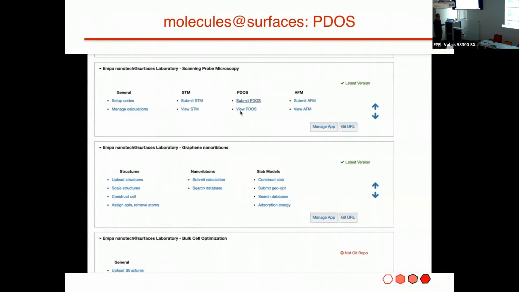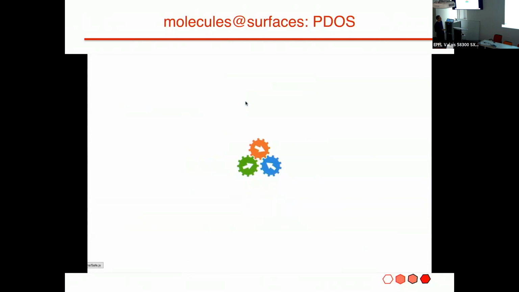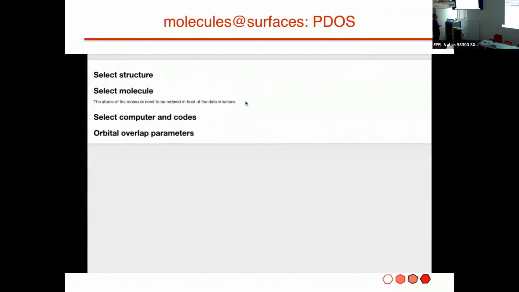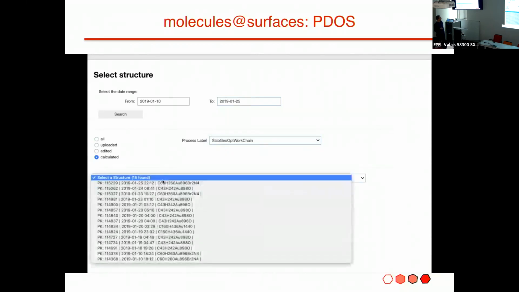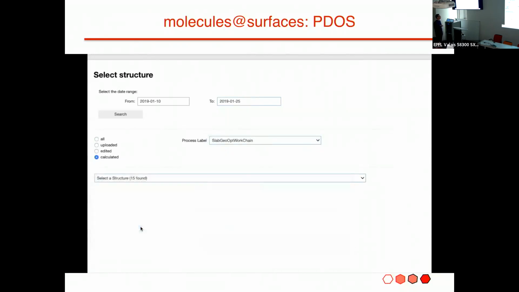Next thing is how to create such a PDOS calculation. So once I have a geometry optimization done, I can select the optimized geometry a little bit back in the past. I want to search between calculated structures that belong to this work chain. And I pick up